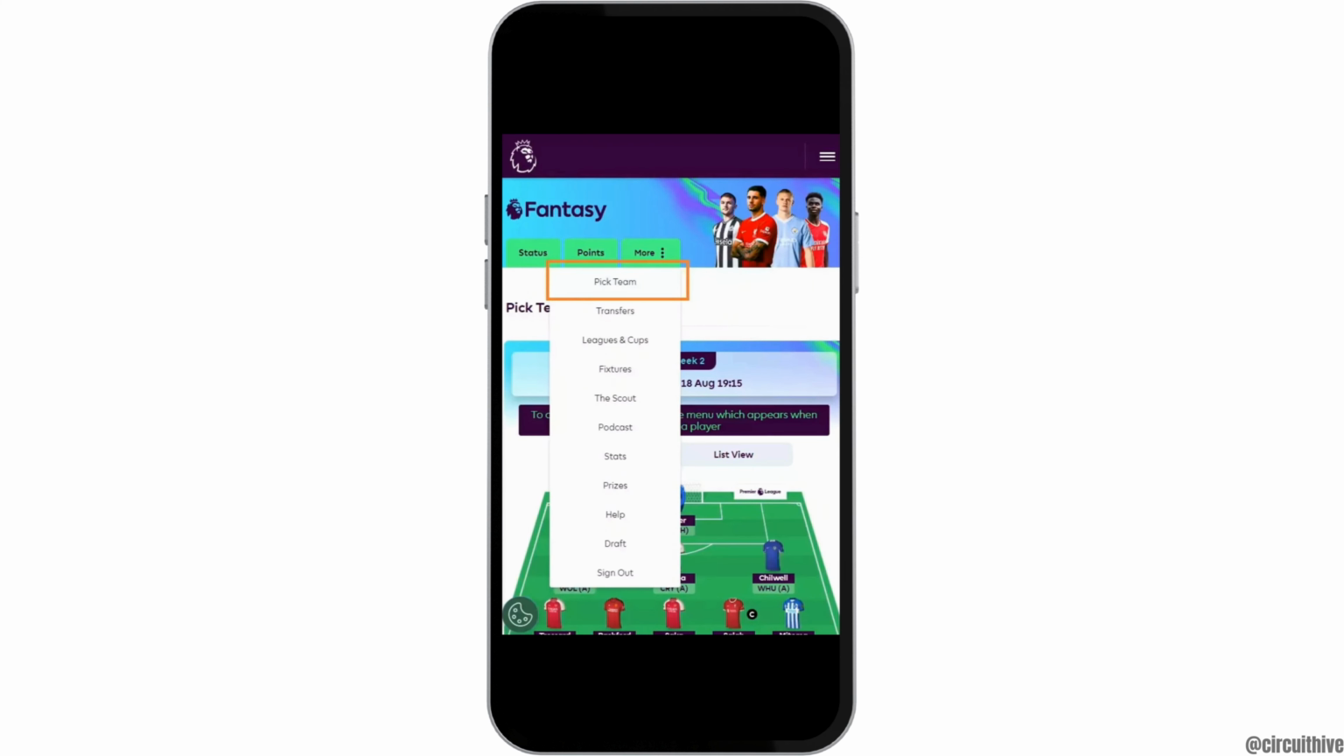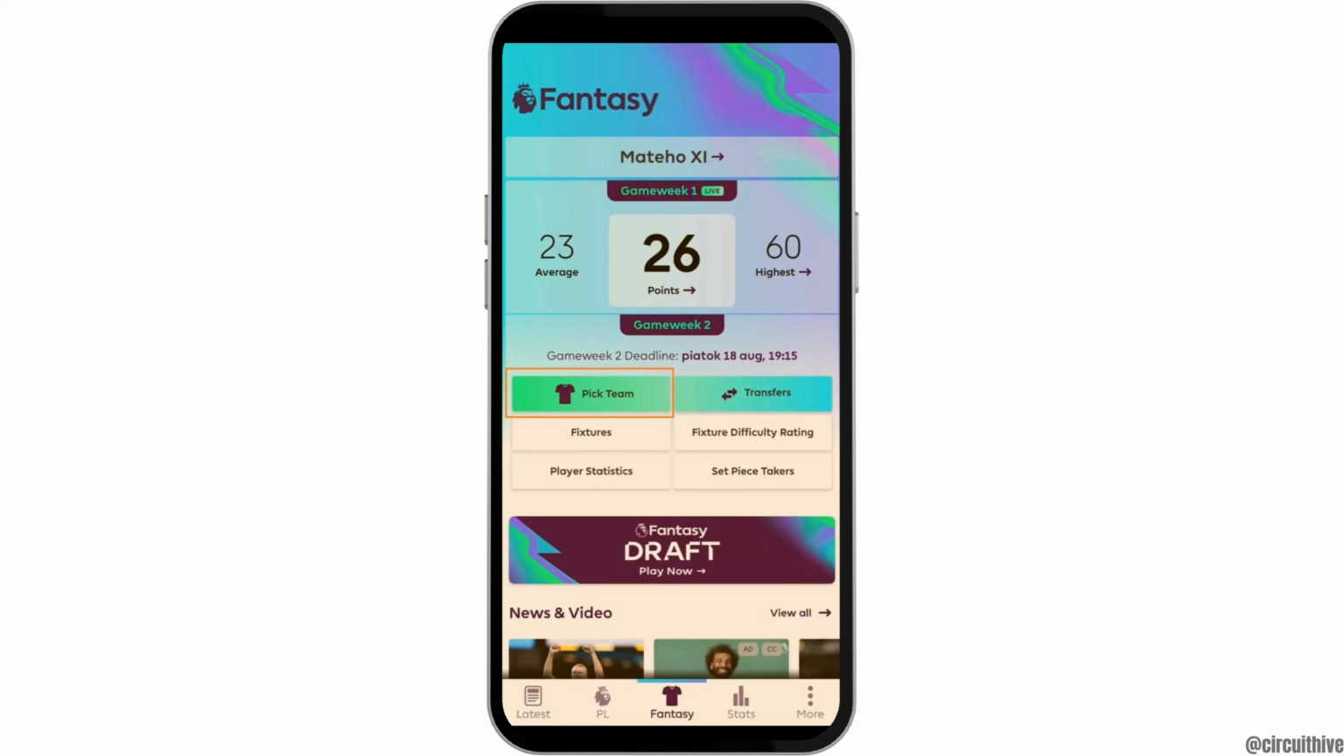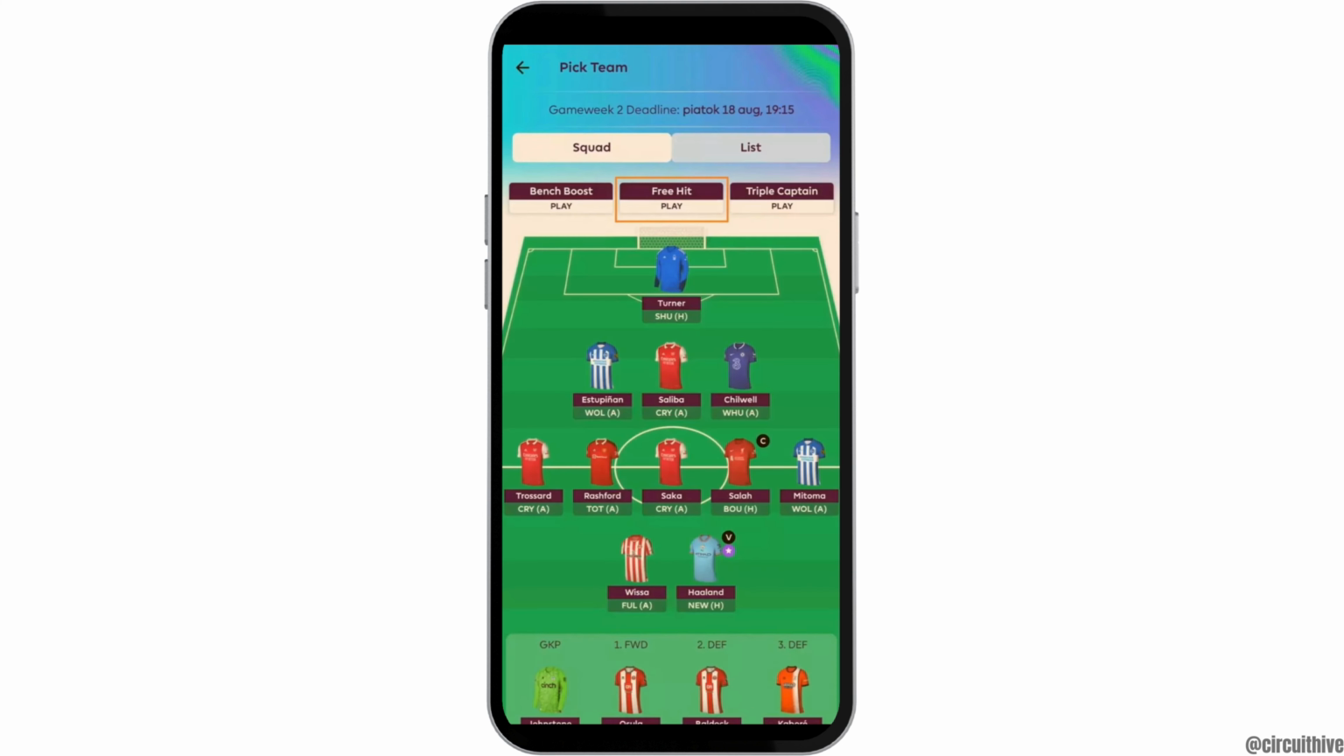For that, first open the FPL application on your device and log in with your account details. Once you have logged in, on the home page you will see the option of More. Simply click on it and from the menu, choose the option of Pick a Team. Once you click on that option, you will be directed to the next page where you will see the option